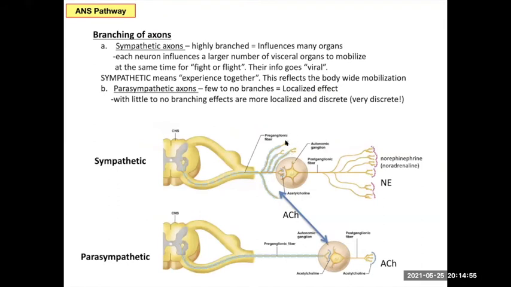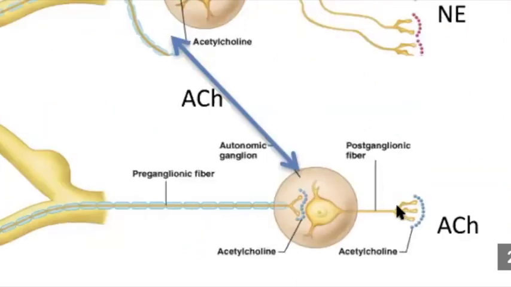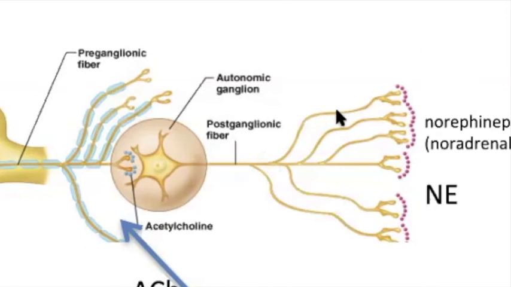One last thing about why your sympathetic nervous system has more widespread effects than your parasympathetic. Your parasympathetic comes out, it's a discrete release of neurotransmitter onto the postganglionic, and that one has a discrete release onto its target right there, like a single, very few branches coming from this, right? So it's very kind of confined to this pathway. Your sympathetic, on the other hand, will branch off quite a bit, right? So that it's not just getting one cell, it's targeting a whole bunch when this cell goes off right here. And then the postganglionic one will also branch off, right, into this wide sort of area right here. So this is why